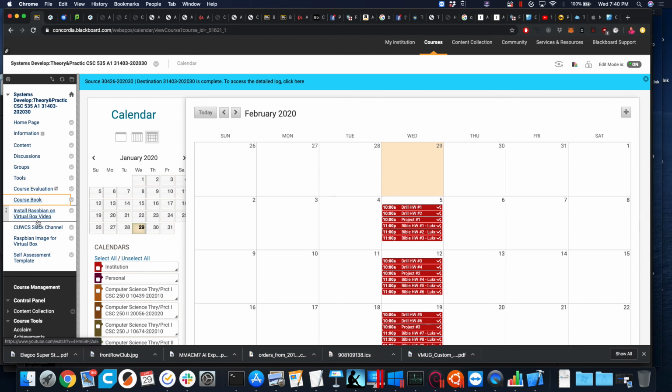Follow that video, download Raspbian, which is a Debian distribution of Linux, and install it with VirtualBox, which is also free. So all these are free, and give it a gig or 2 gigs of RAM on your computer, depending on what kind of resources you have to work with. You don't have to give it tons. Very small amount of stuff.